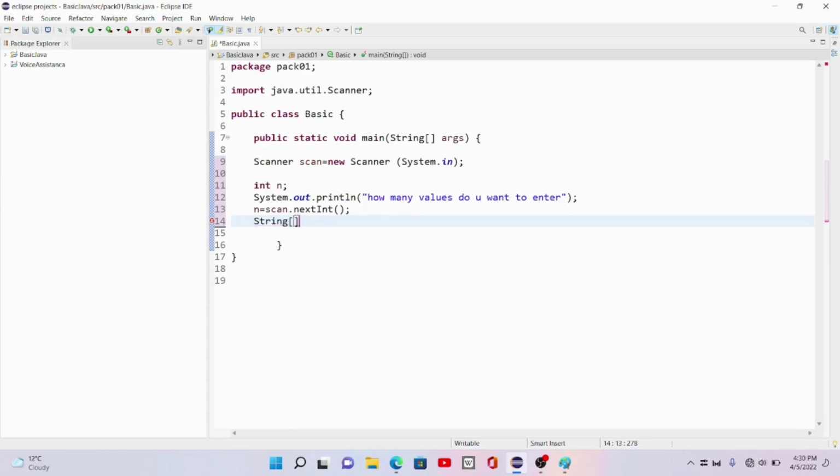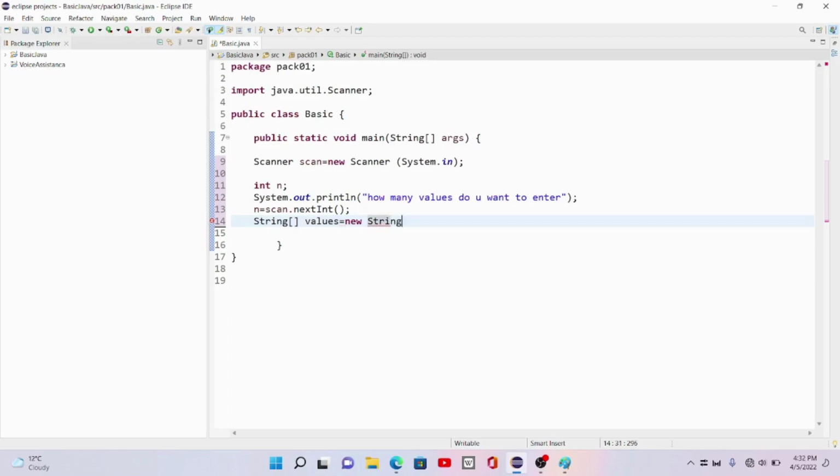After that I have to write these two brackets, these square brackets here, and these square brackets will tell our compiler that now we are going to deal with arrays and that data type is string. After that, we have to give a name to our array. You can give any name, it is up to you, but I'm going to write here values. So now to initialize the size of an array, we will use equal new, and after that you have to use your data type, this one, string,